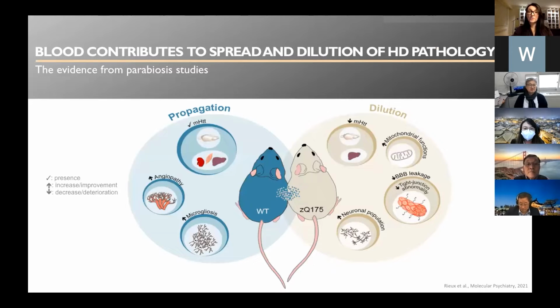Now, in other words, by joining these two animals together and providing either diseased blood or good blood, we're able to show propagation of the mutant protein in a system, not only peripherally, but into the central nervous system. But most importantly, we're able to dampen or attenuate these phenotype and neuropathological features when the HD animal is supplied